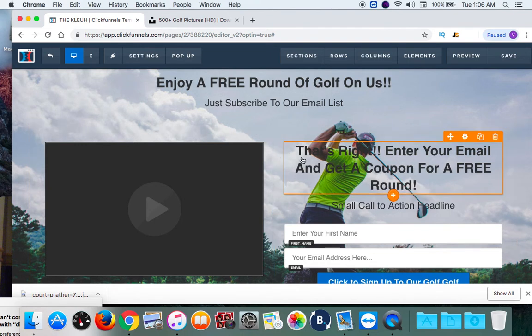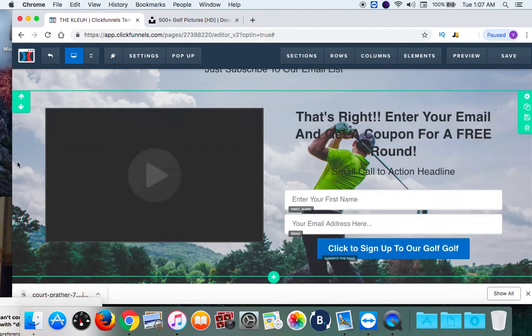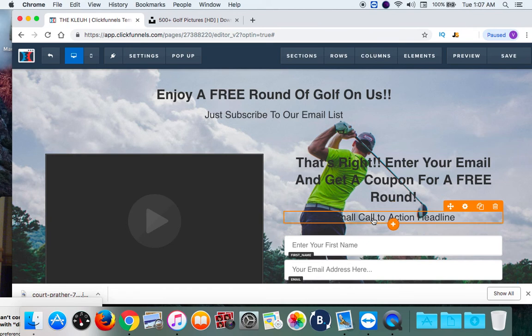So this is what I was talking about when dark blends in with the different background colors. If my text was white, it conflicts with this background, but because this is black, it conflicts with this area. We'll fix this in a little bit, but so far so good. All right, enter your email and